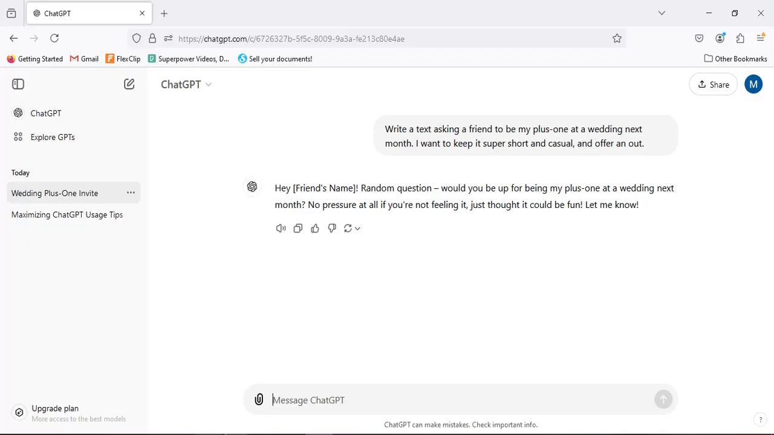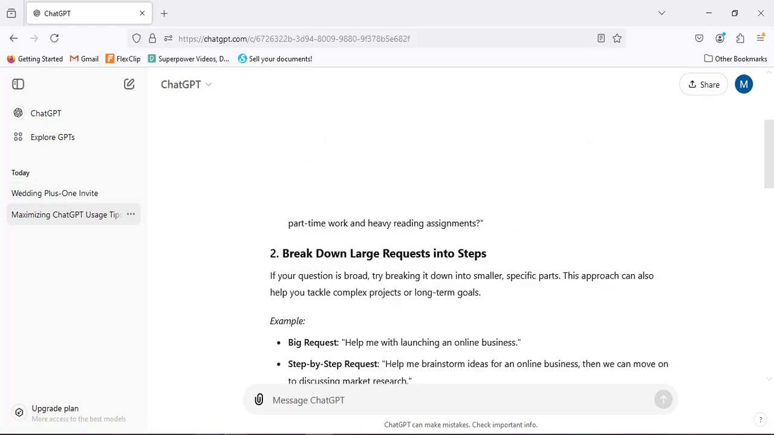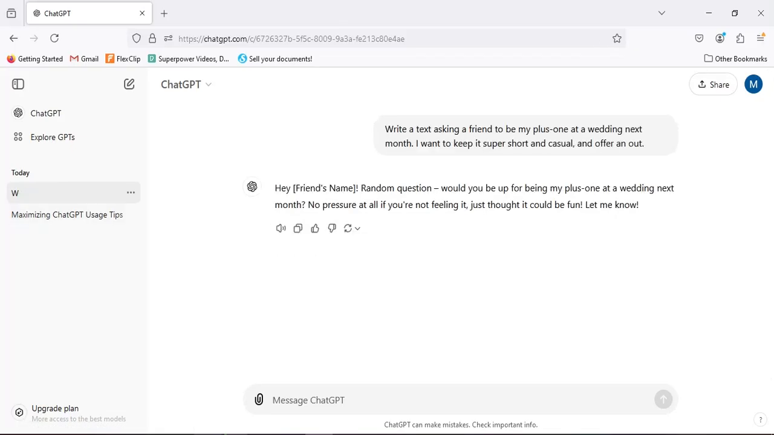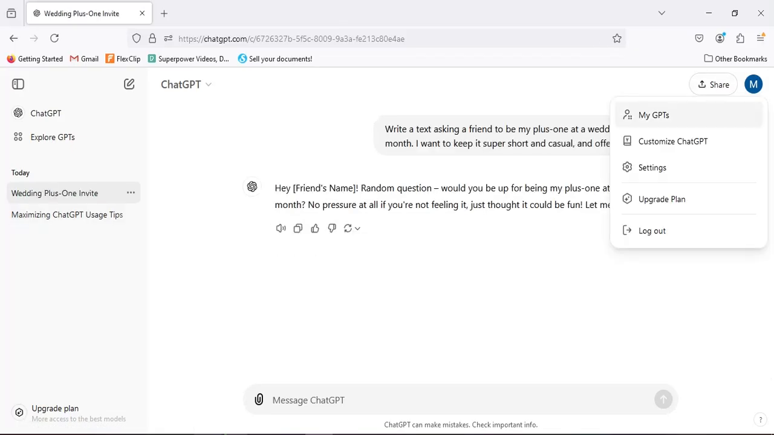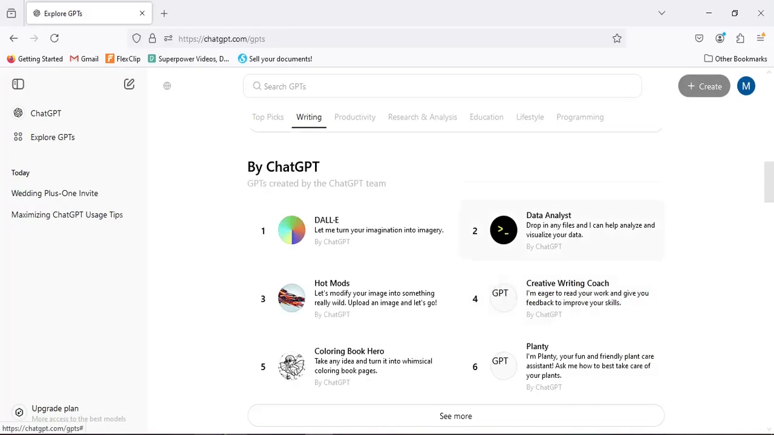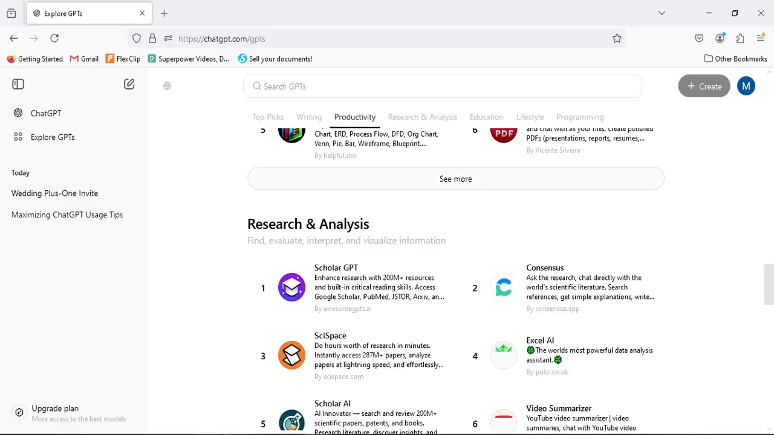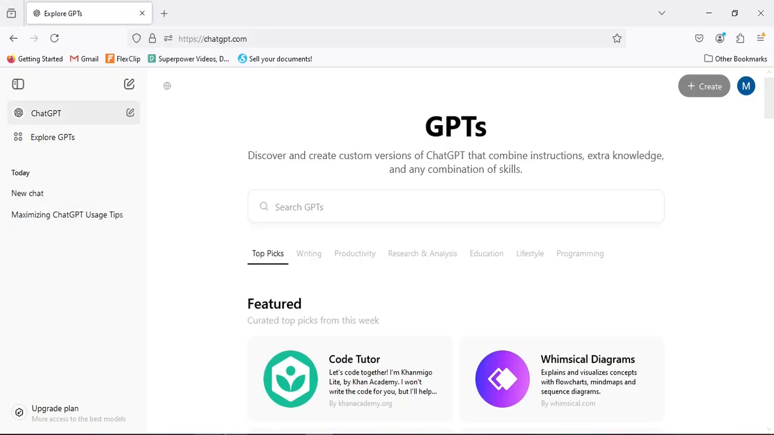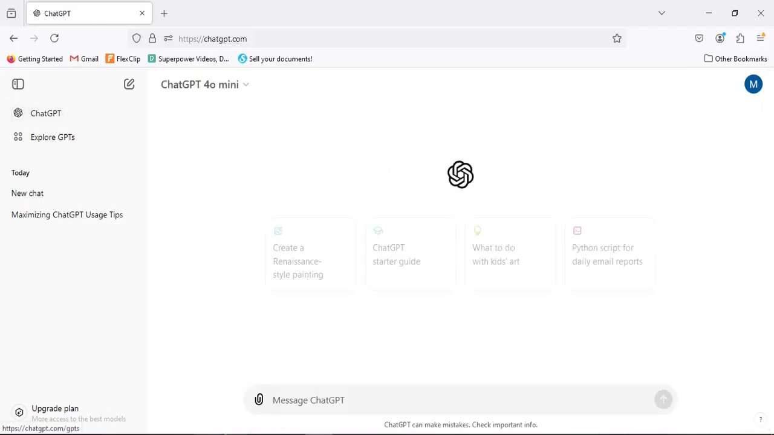You can see here today we are creating these two, maximizing ChatGPT and wedding plus. If you select this one, you can see here this is basically your history. In My GPTs, if I click on this, you can see all of this. So I'm going to click on go back, click on ChatGPT,